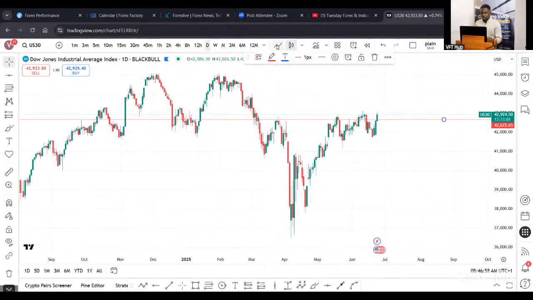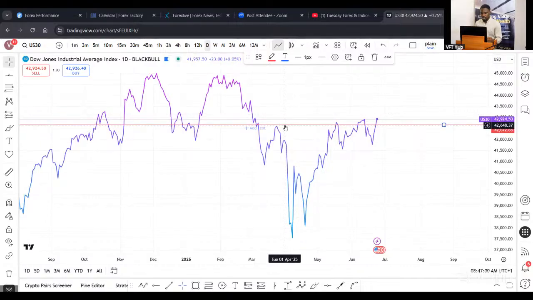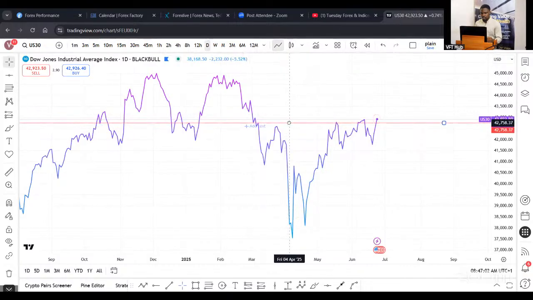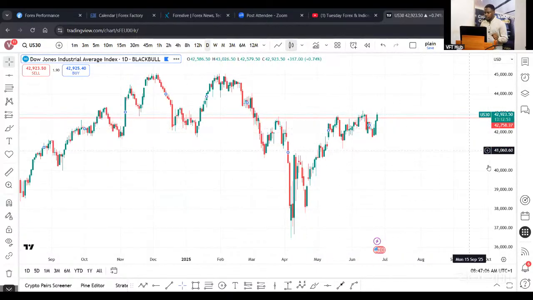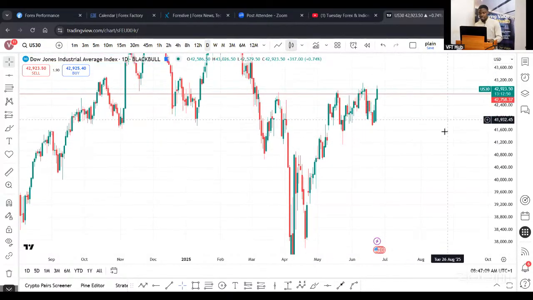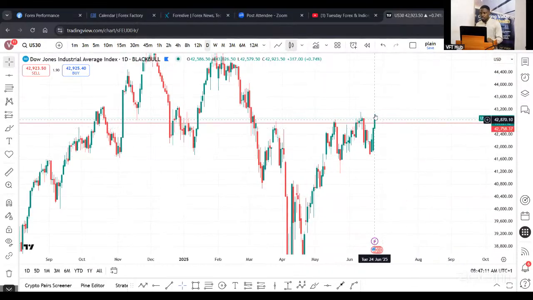So good. Let me put it on line chart. Yeah, we've seen a retest on this line several times. Right now, it's giving us what I think I want to see. The way this bullish candle is closing up, I want to see it close like that, not weak. I don't want to see any weak rejection, just a close to the upside.